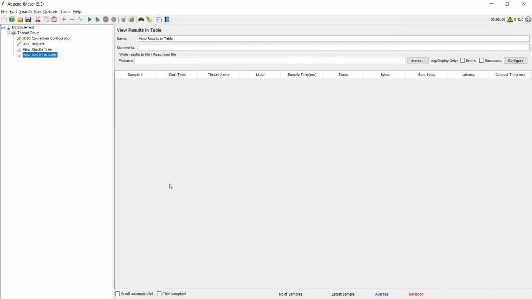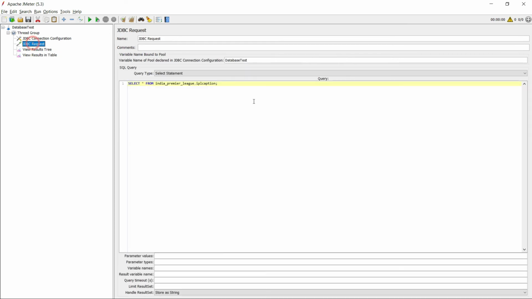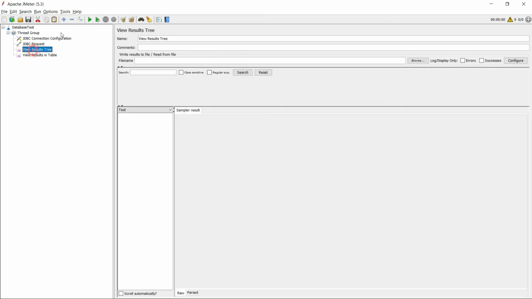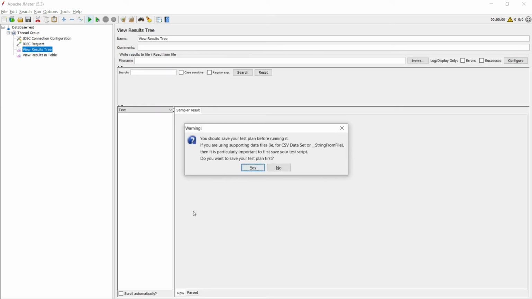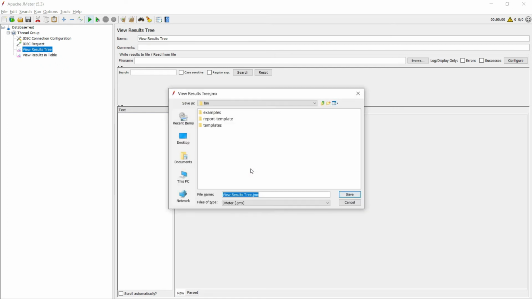So what will the output be? Whatever query we have provided here, it will give the result of that particular query. So let me run this. Before running, it will ask: are you sure you want to save it? If you want, you can save. Okay, I will save it.